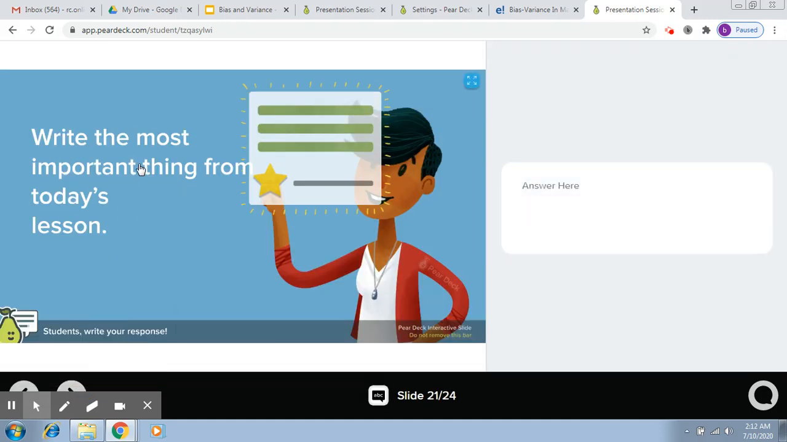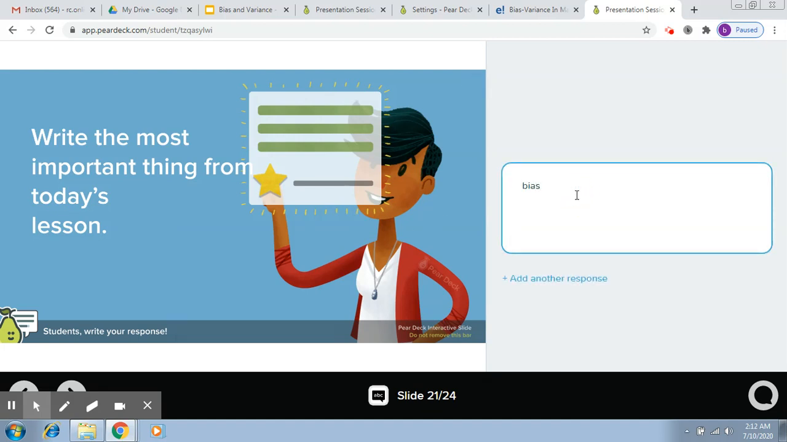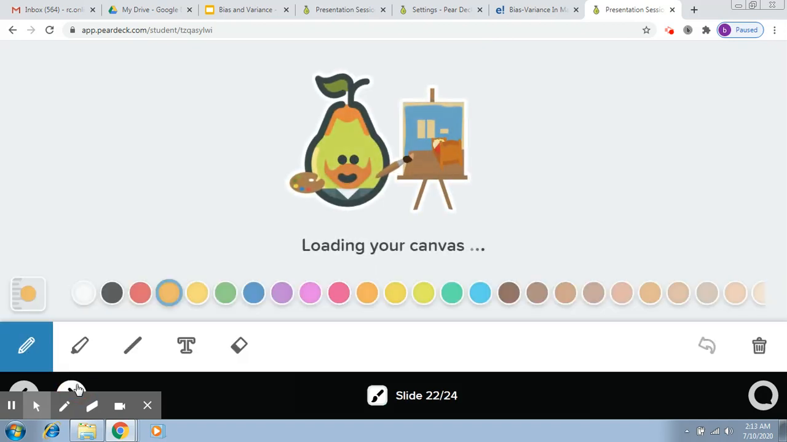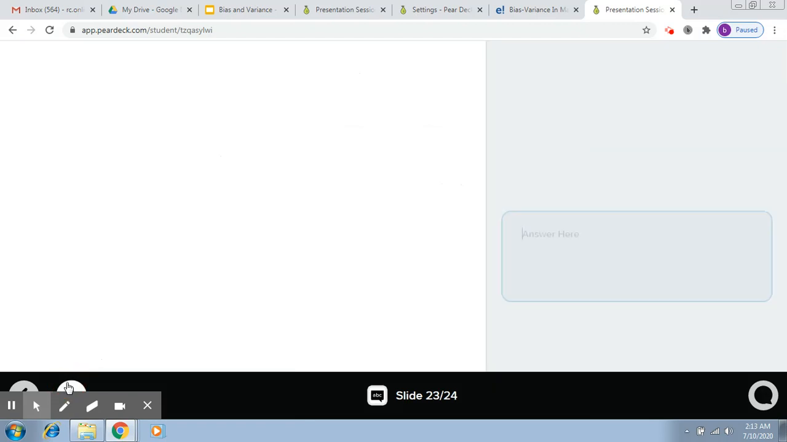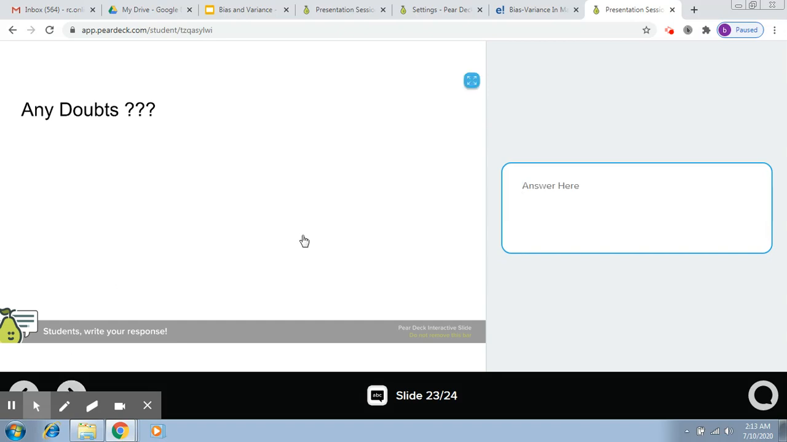References. Write the most important thing from today's lesson. So here he can talk about his understanding of bias, variance, underfitting, overfitting. Circle how you're feeling. So let's circle this. Any doubts? So student can post